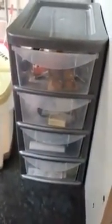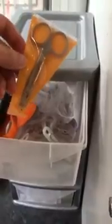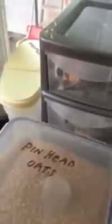This is a handy container of drawers, which I keep all the knickknacks in. It's stuff that you're often looking for, like ring cutters and a couple of false eggs and stuff like that. Okay. So turning round,